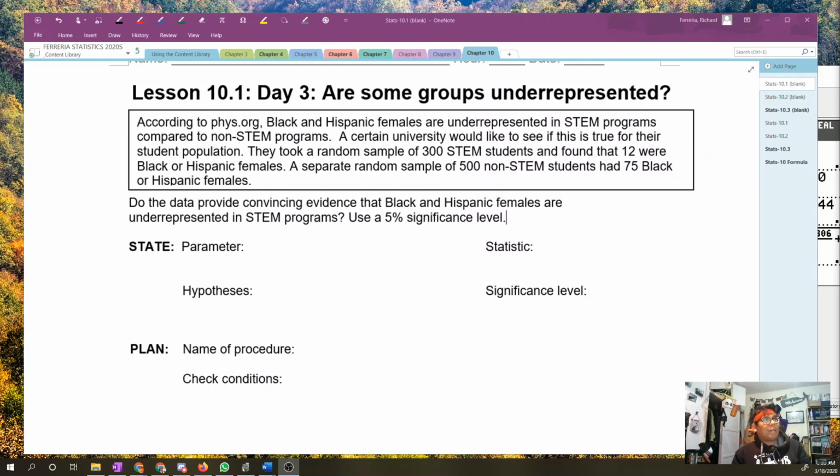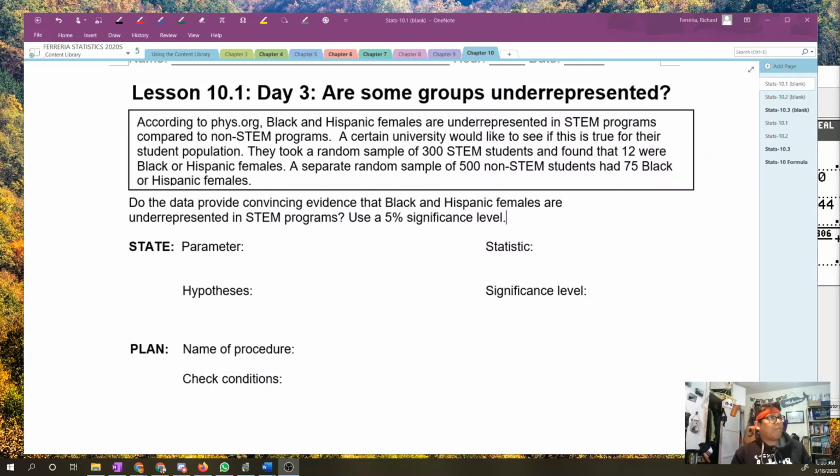They took a random sample of 300 STEM students and found that 12 were Black or Hispanic. So that sounds like 12 out of 300 for one of our proportions. A separate random sample of 500 non-STEM students had 75 Black or Hispanic students. So that sounds like 75 out of 500. So let's go with next, which is